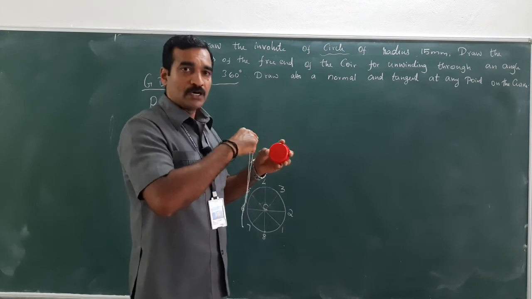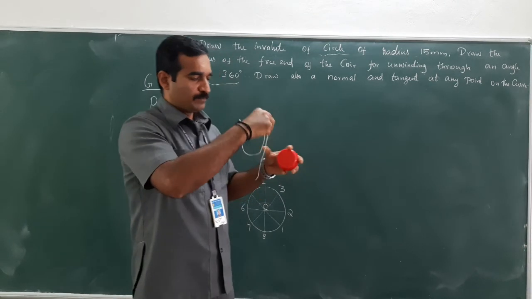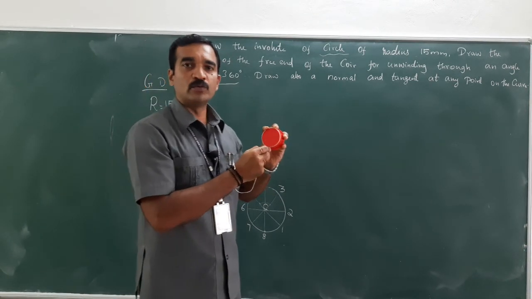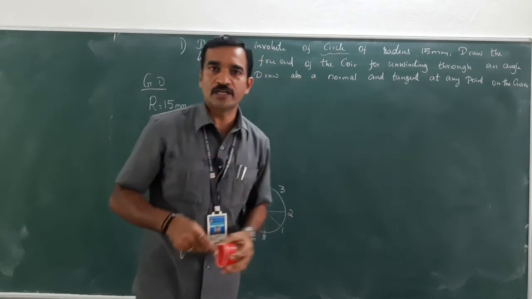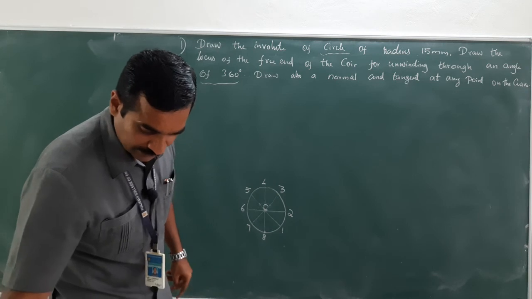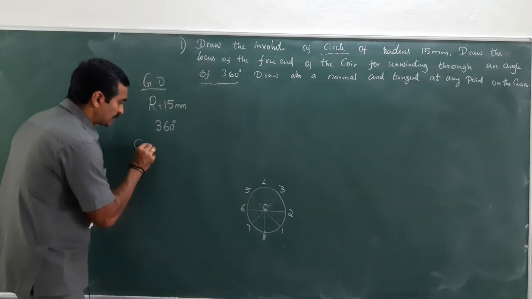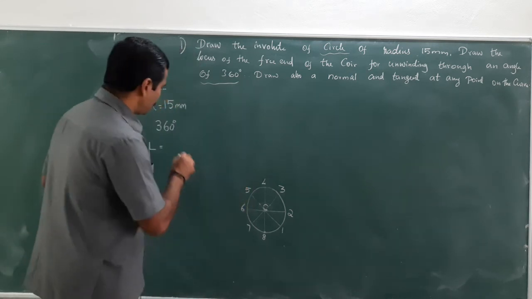I have wound the coil over the object to complete one full turn. This is the circumference length of the string or the coil. The formula is pi d